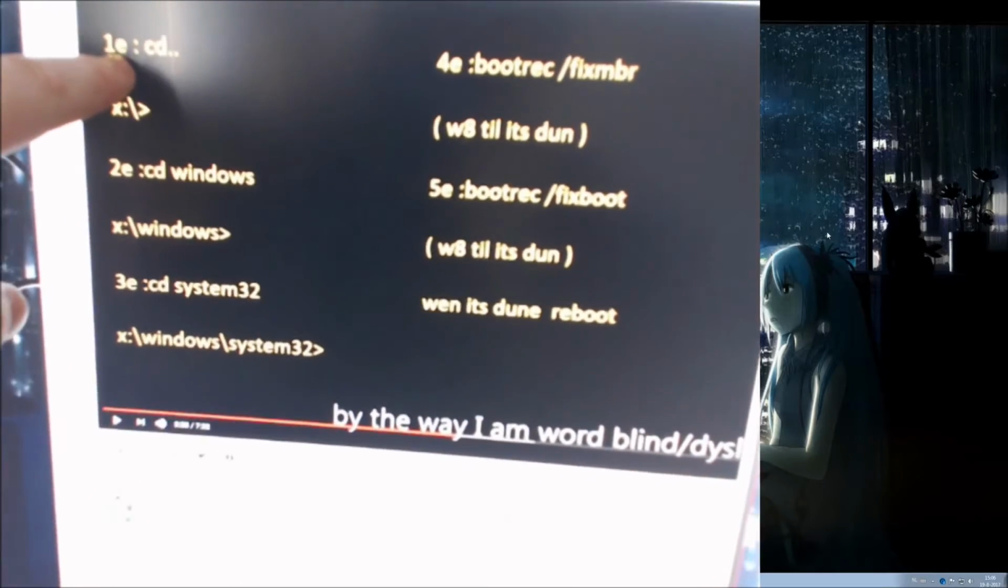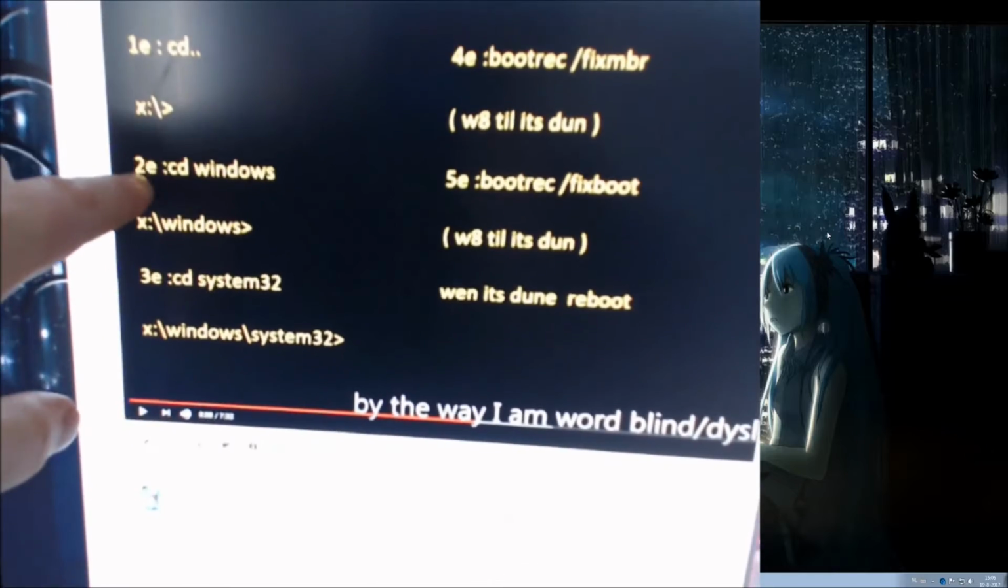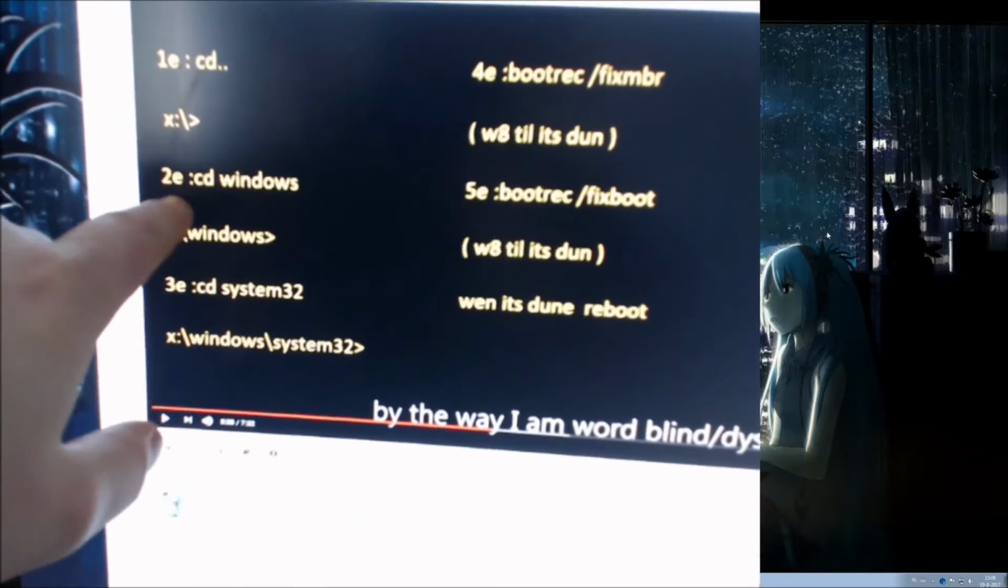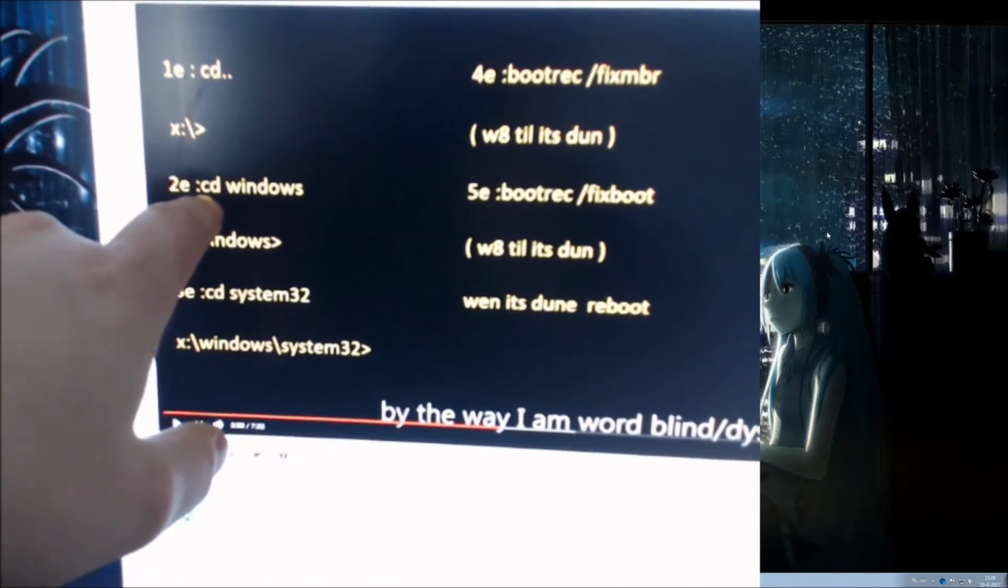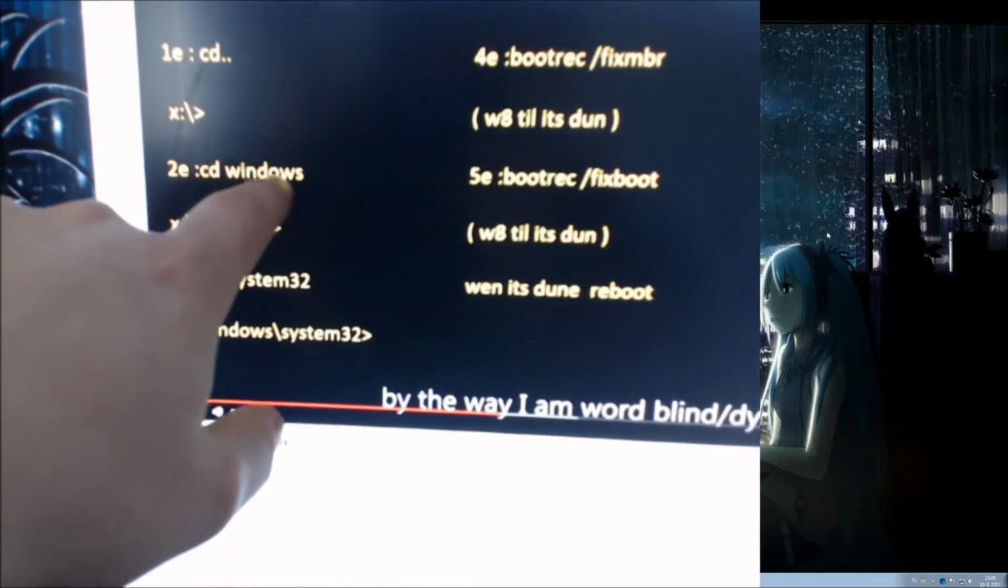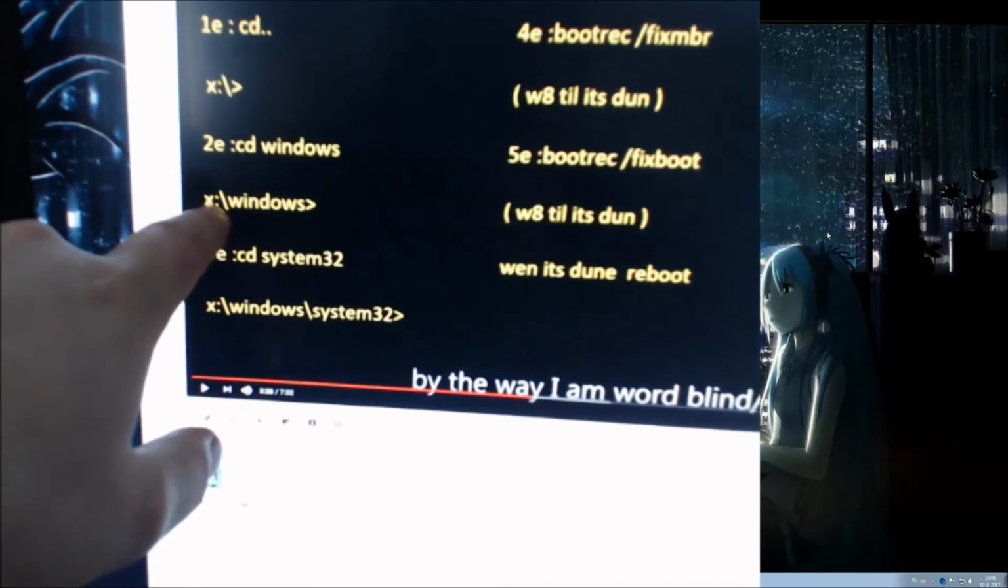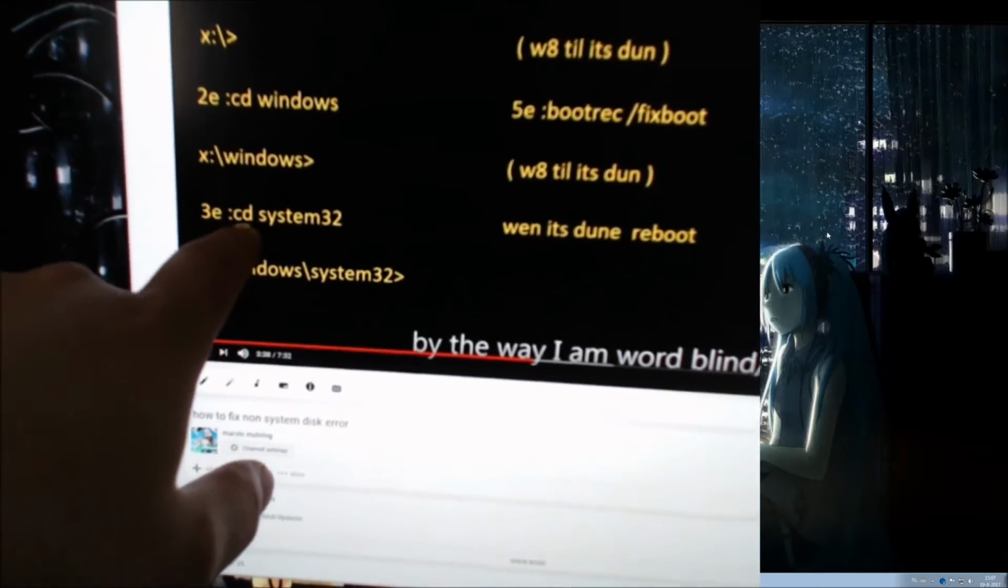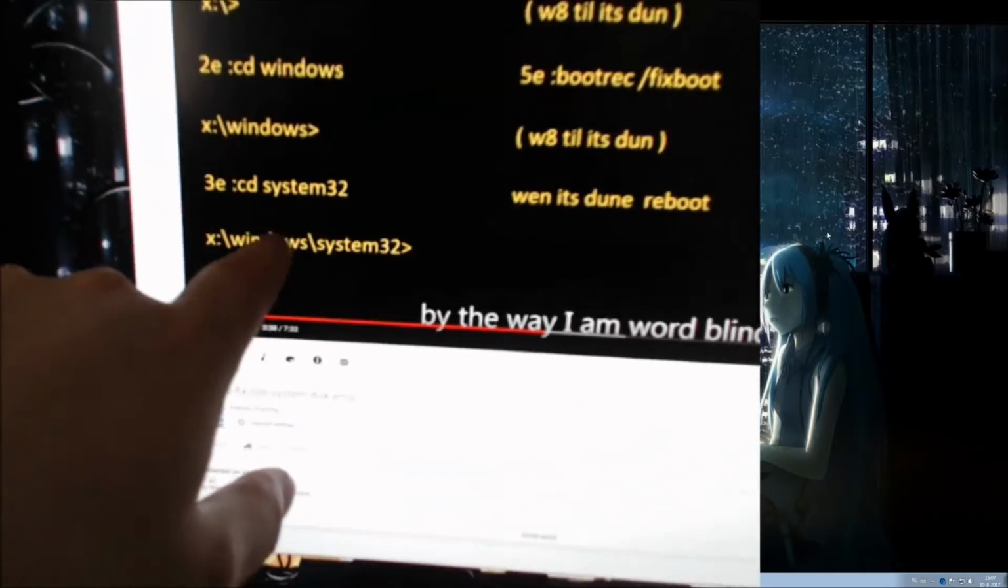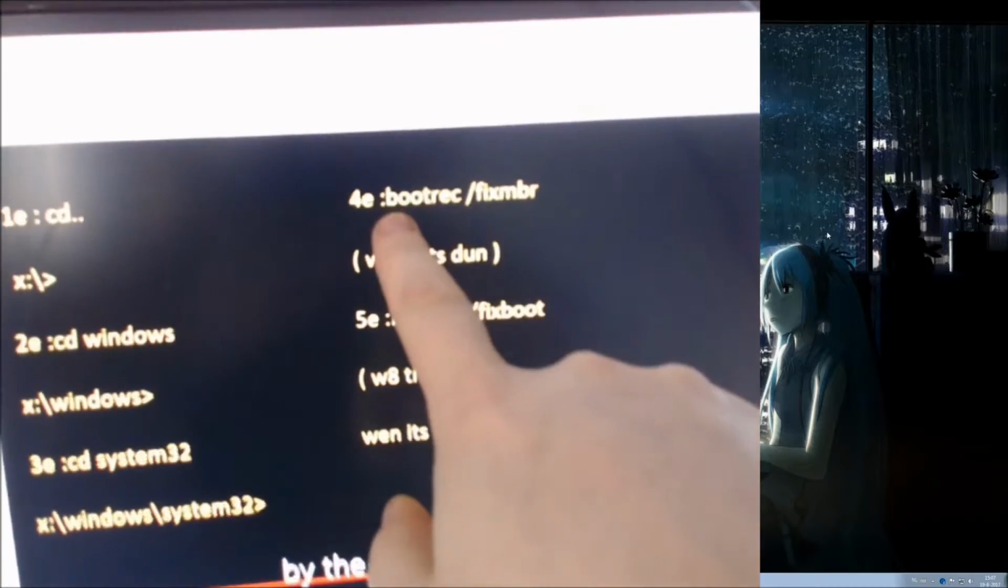You type cd.. and enter, then you get this. Then the second one is cd space windows, then you get this. Then you type cd system32 and enter, then you get this in total. And then the following bits, you type